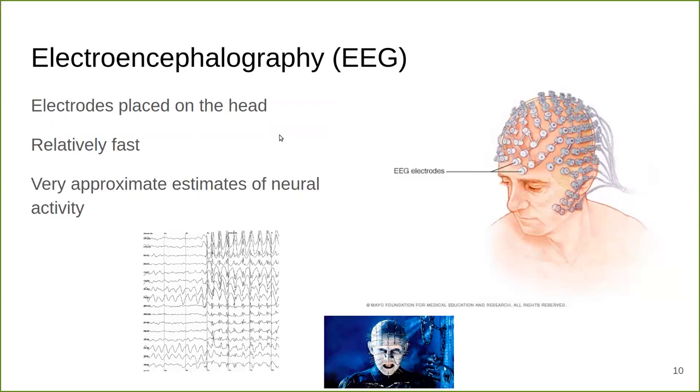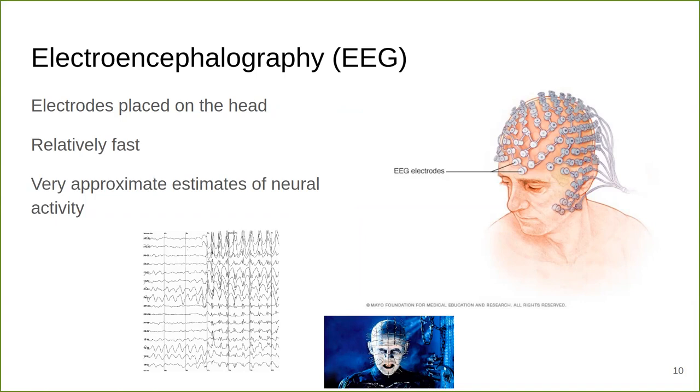So yeah, let's go to another technique that can be used for analyzing the functional state of the neural system. And this technique uses a different approach to detecting the activity within the brain. The main idea behind electroencephalography is that you place electrodes on the head and detect whatever electrical activity you may find. The good thing about this is that it is really fast, so the temporal resolution is really high,